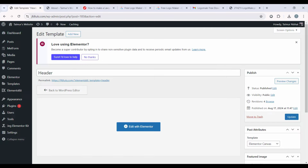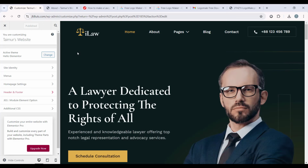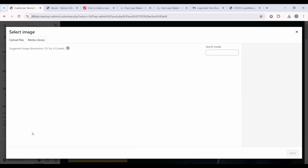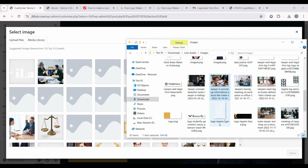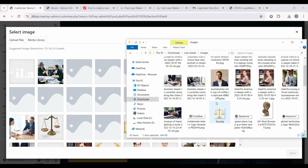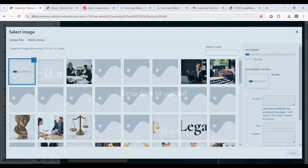So let's come back here, and under the appearance, you can click on this customize. And from here, click on this site identity. Here, this is the site icon we have to select. Click on this. And if you open the resource file you have downloaded, you'll find this fab.png, this image. Just upload it here